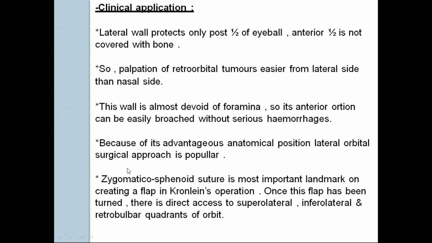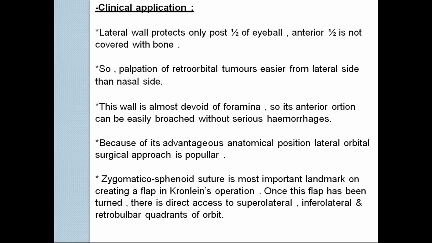The surgical and clinical importance of this is, whenever there is a tumor behind the eyeball which is pushing it forward, you call that condition proptosis. So there are some retroorbital or retroocular tumors, for example cavernous hemangioma, optic nerve glioma or optic nerve meningioma. These are some of the structures which are behind the eyeball.